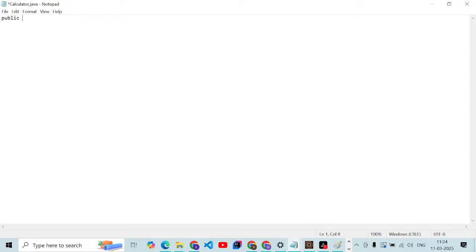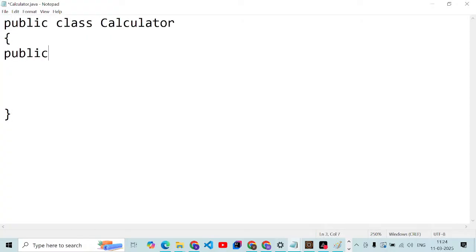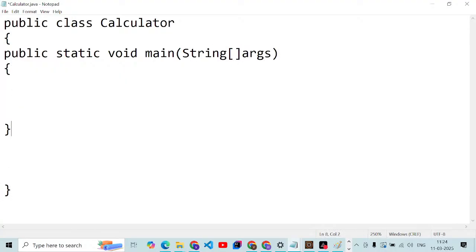So, public class Calculator. From here to here, this is the scope of the class, and I would like to take the main method, public static void main, and String. Inside, I need to